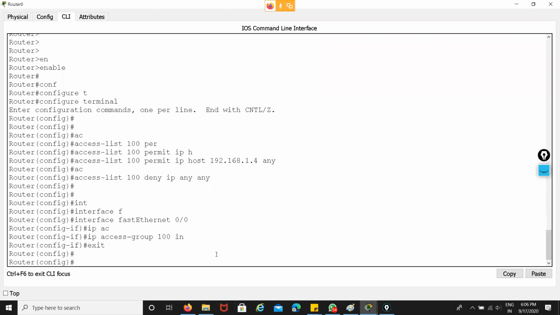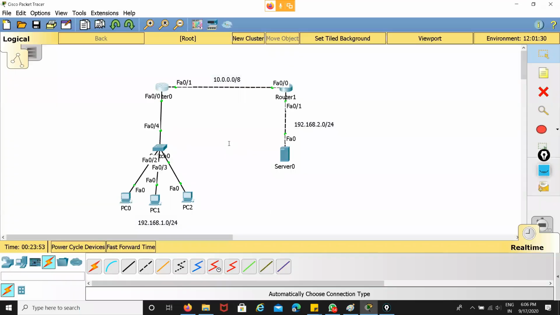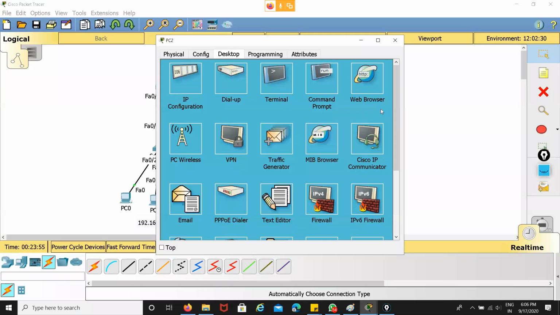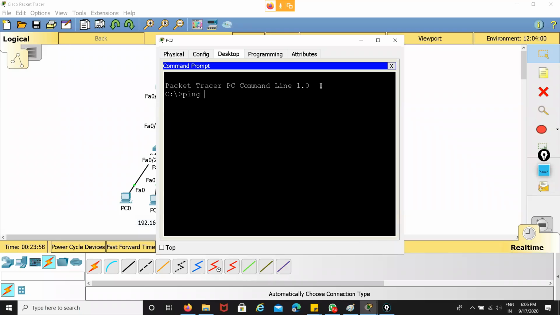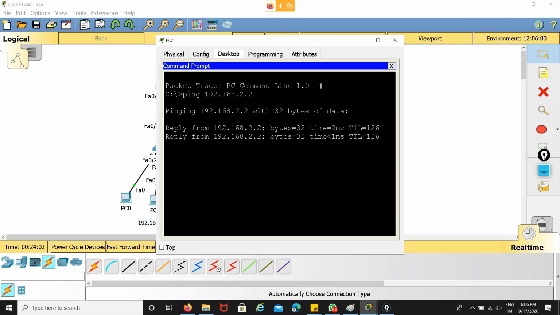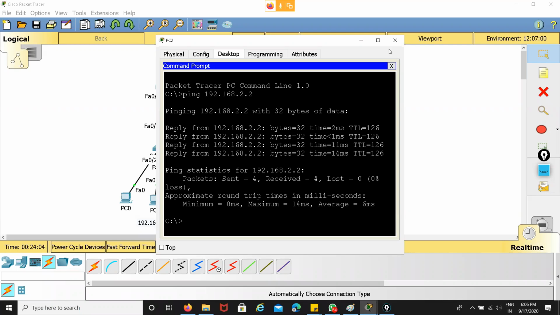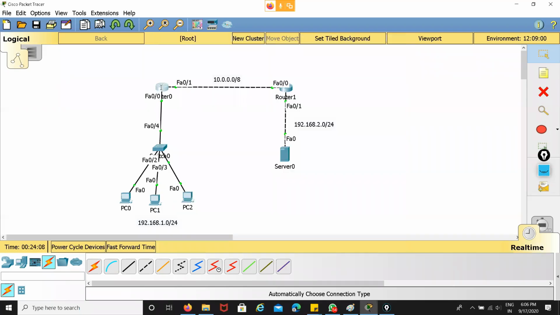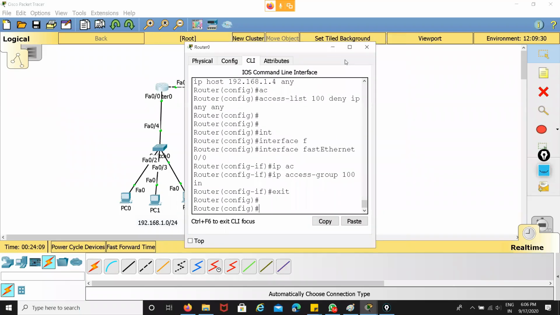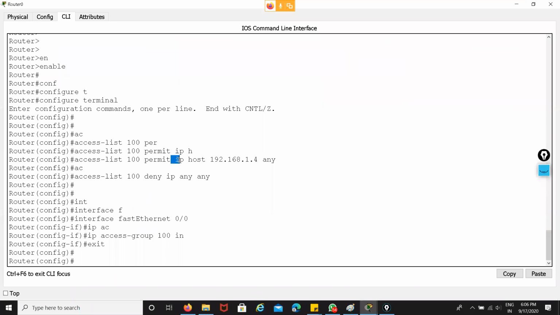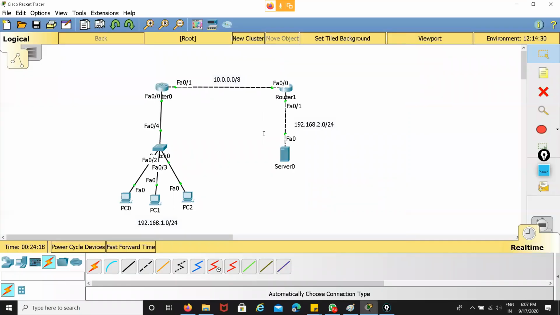And now you can see if this PC tries to ping this specific server, 192.168.2.2, then it simply pings properly. Because for PC2, I am using the command to allow all the IP addresses, or all the protocols, to reach its server.